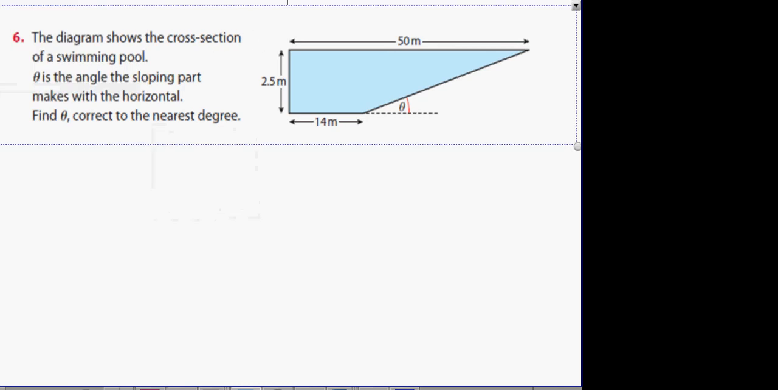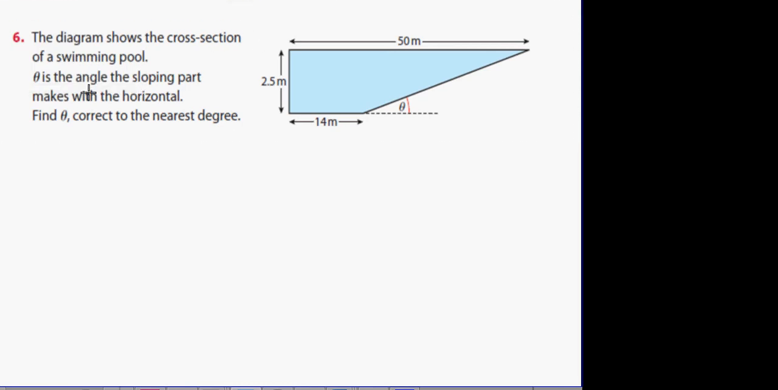Question 6. A diagram shows a cross section of a swimming pool. The angle theta is the sloping part that makes the angle with the horizontal, the part going across here, okay? And it goes, find theta. Now, we've only ever dealt with right angle triangles, haven't we? So what we have to figure out is that theta belongs to this right angle triangle here